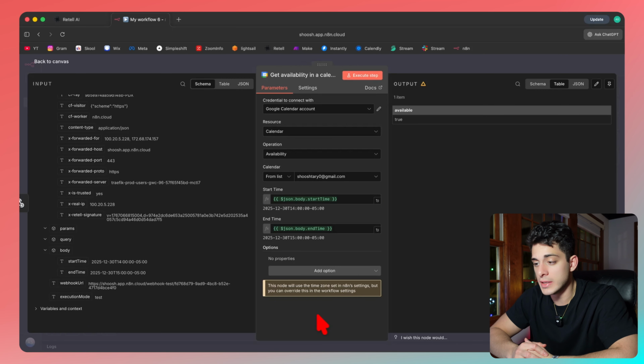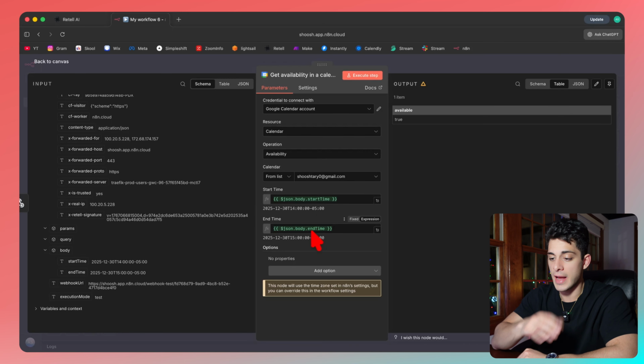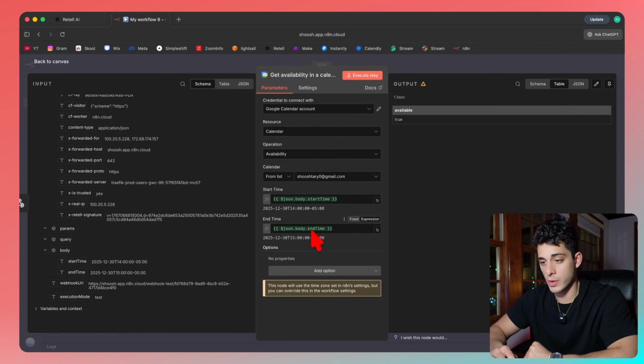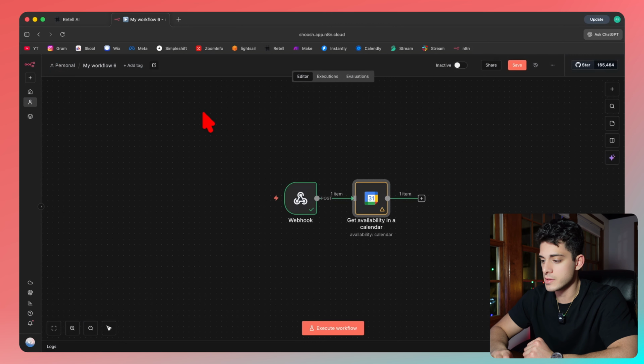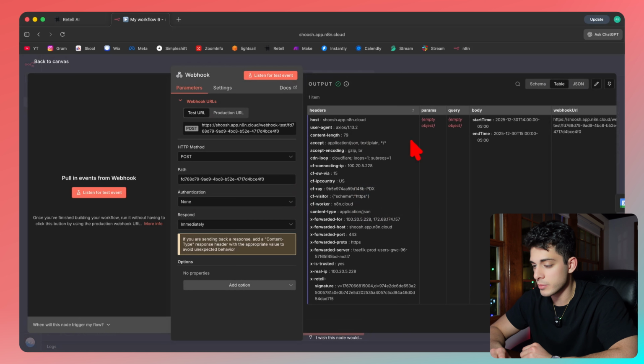Now this module is properly configured, and we can actually get availability inside of the Google Calendar that we're signed in with the start time and the end time that Retell will be sending over for each requested appointment. When we go back to the canvas, we can see we have yellow now, which means that we changed things inside of our module. If we come over to the webhook, we can see all of the information that our